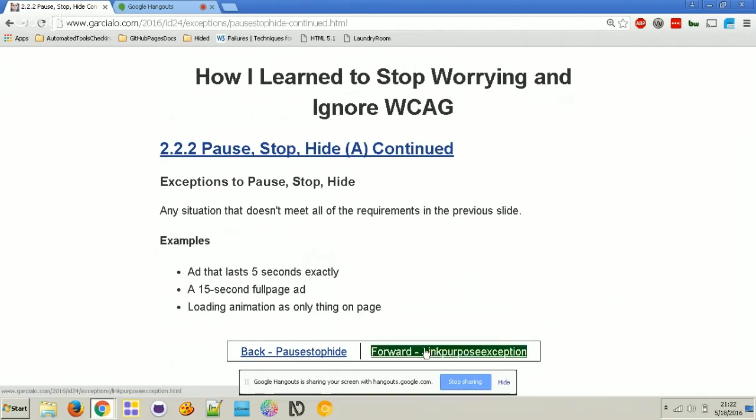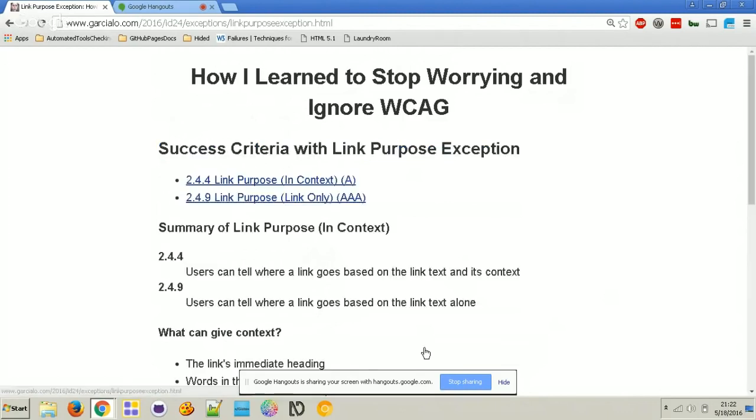All right, so the next one is link purpose exception. There are two guidelines that are link purpose. The first one is 2.4.4, link purpose and context. It's level A. And the second one is 2.4.9, link purpose, link only, which is AAA.